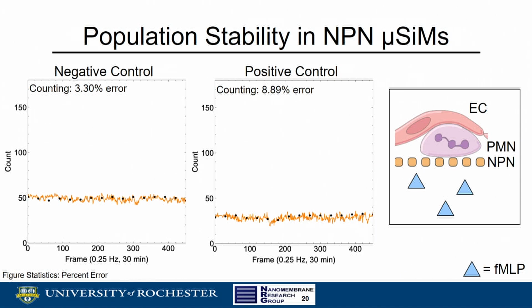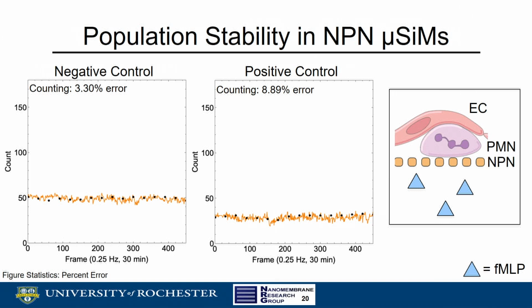And this is best exemplified by viewing temporal population data, where the black dots represent manual counts and the orange line represents what the model sees. So we can see here for both a positive control and a negative control study, there's population stability over the course of our experiment. And just so you remember, I mentioned that we have XY parity, but what about the